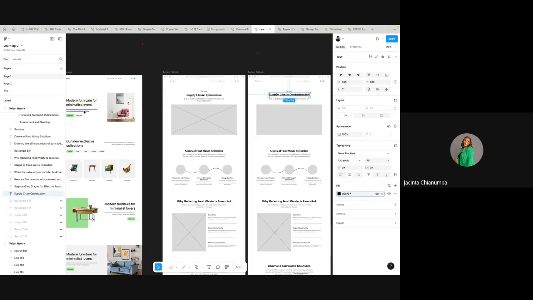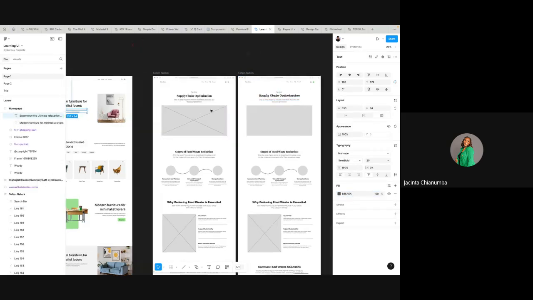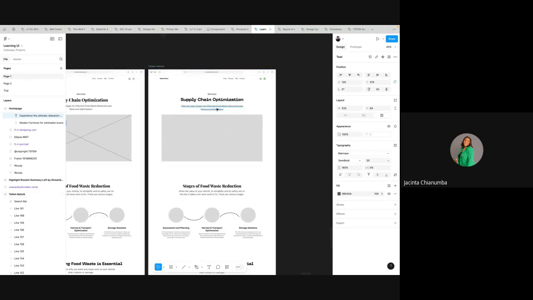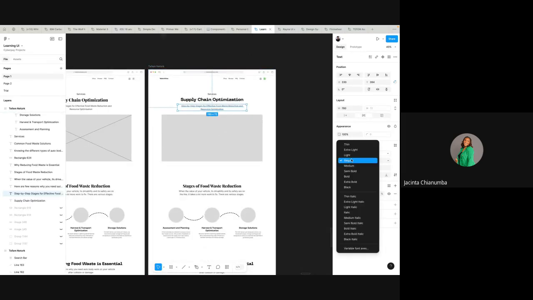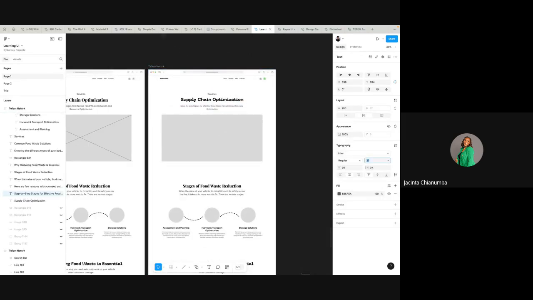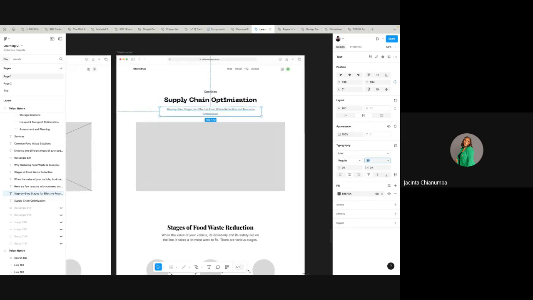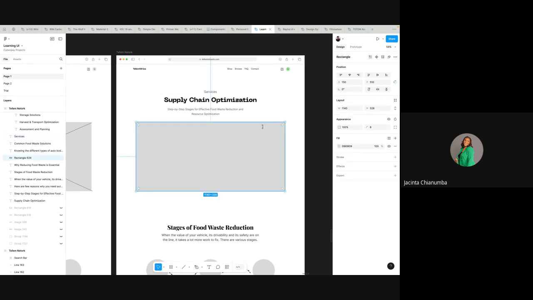So I'm just going to take the colors from the websites we've done before. So let's try to see if we might not have a video to actually post on this screen,